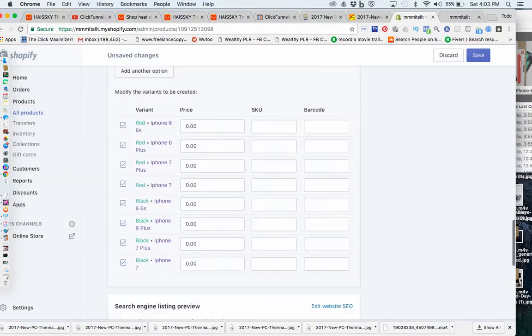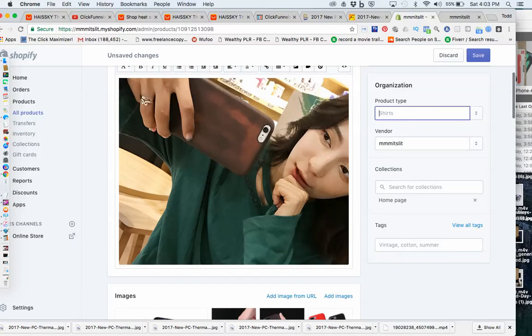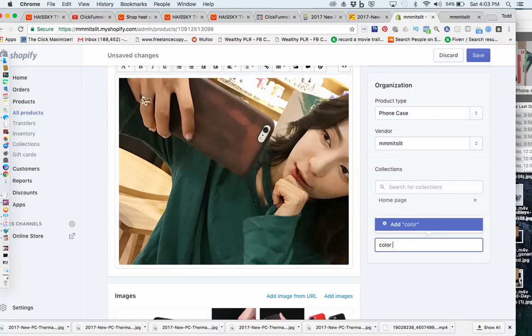We got the different types and the colors. One thing that I did forget is on the side here, we want to make sure that we put things in order. So the product type is a phone case. That's how we're going to actually determine the categories within our site. So phone cases is one, home collection, and then you're going to put color changing phone case, or